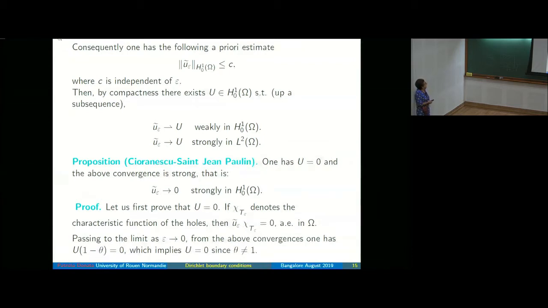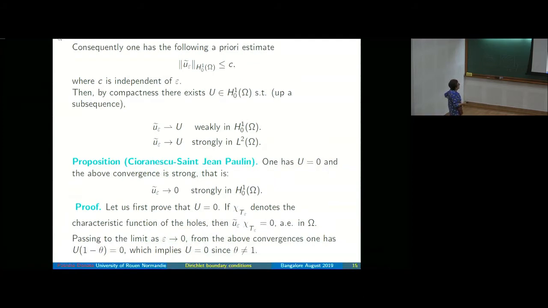That means that actually the zero extension goes to zero weakly in H10 and strongly, anzi, even more, the convergence in H10 is a strong convergence to zero. Okay, what does it mean? That means that, in some sense, the zone occupied by the holes, where the function is zero, is so big that at the limit it's zero everywhere. This is more or less the intuitive idea. The proof of that